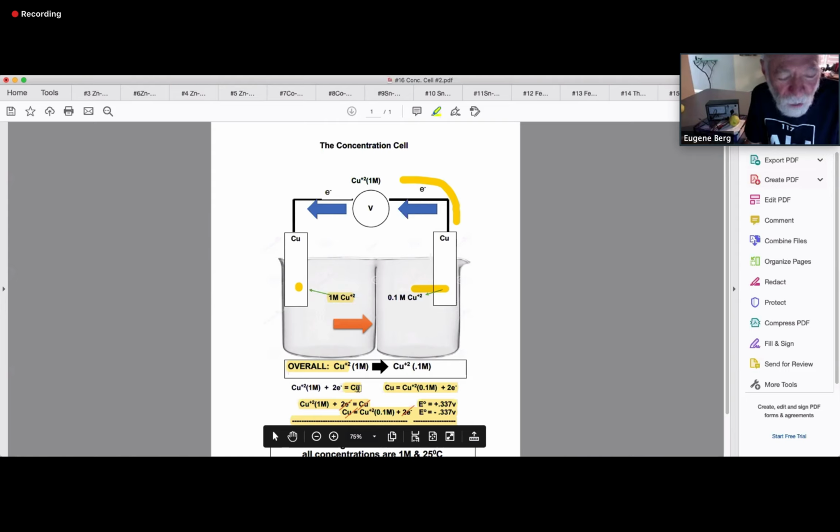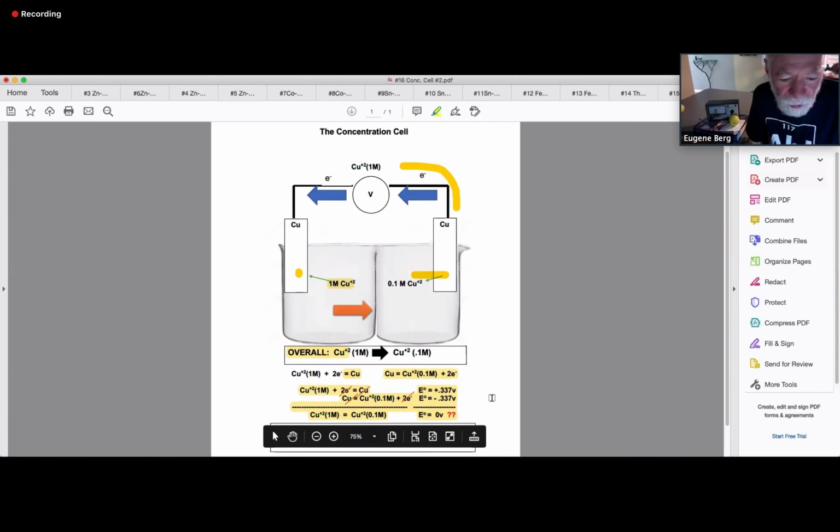So notice these two half reactions do exactly what we're supposed to do. The right-hand one will produce more copper ions, and the left-hand one will use up those copper ions. Okay, so now let's look at the cell voltage. So, by the way, just as a double check on this,